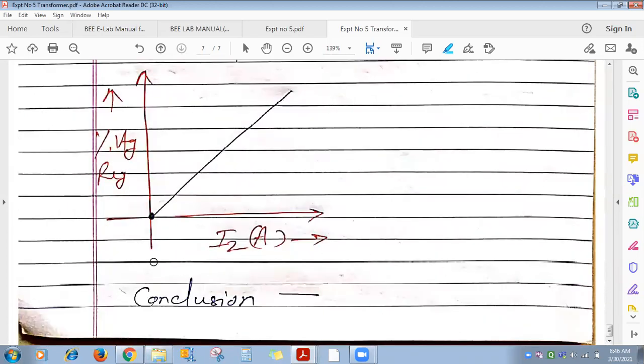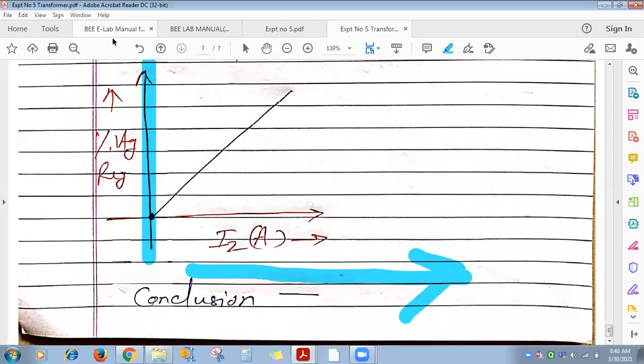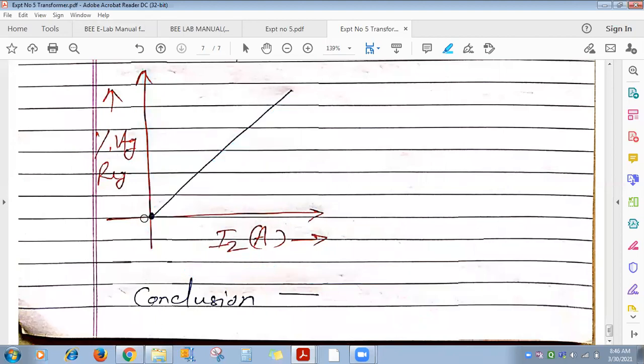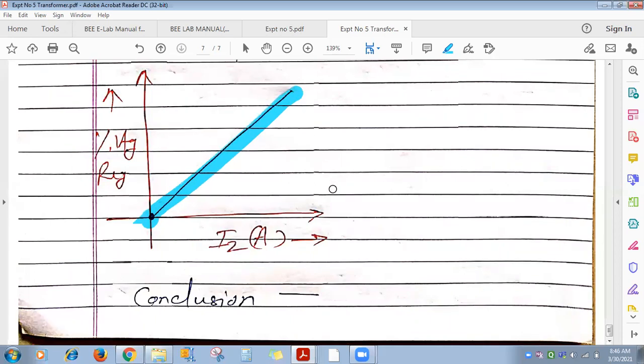Second graph, you have to plot voltage regulation versus output current. Voltage regulation depends on current, that's why voltage regulation, the dependent parameter, is on the y-axis. As you go on increasing load, current increases, V2 value decreases, and that's why voltage regulation will go on increasing. When I2 is 0, voltage regulation is 0. That's why your graph will start from the origin. Got the things for the graph, how you have to plot? Hello?